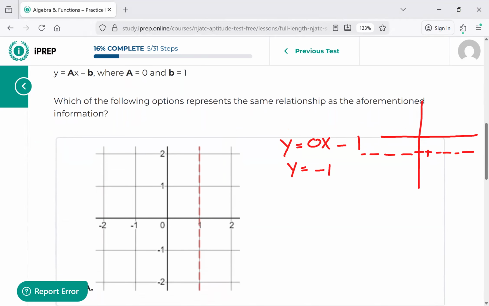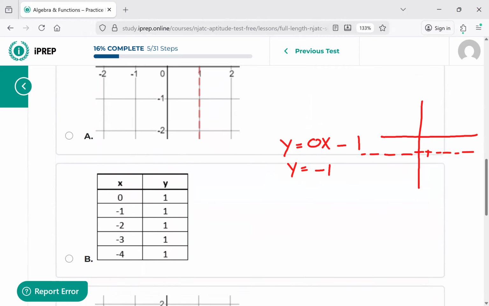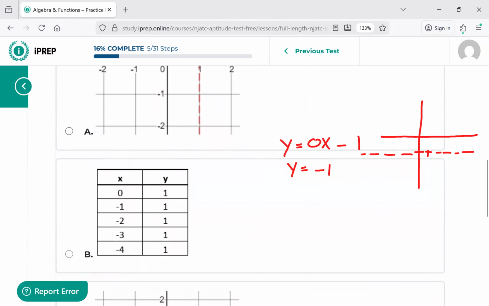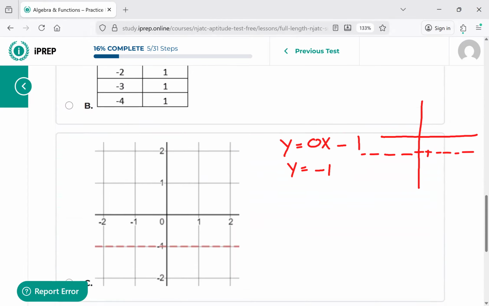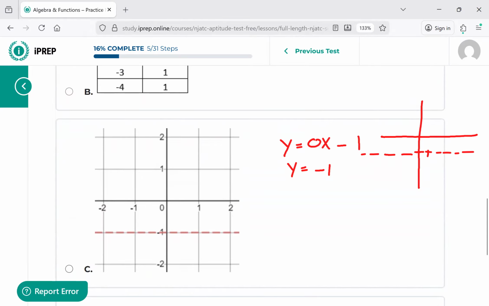So it's not the first one because that's a vertical. It's not the second one. No. Yeah, 0, 1. That's not part of our graph, right? 0, 1 is not part of the graph. There's one. Oh, yes, it's exactly this one. So it has to be